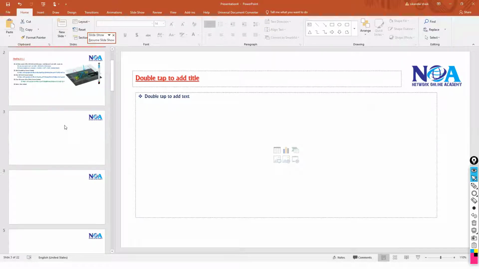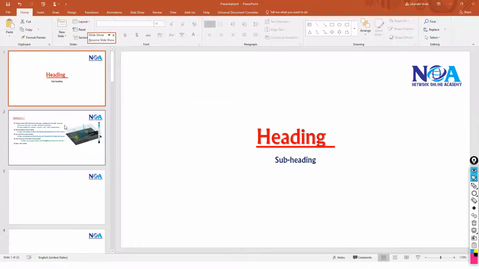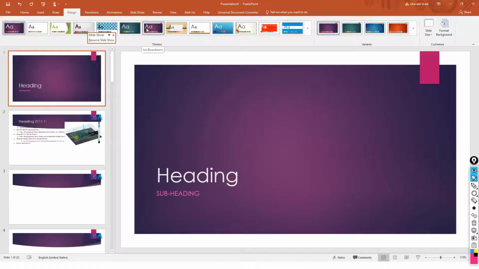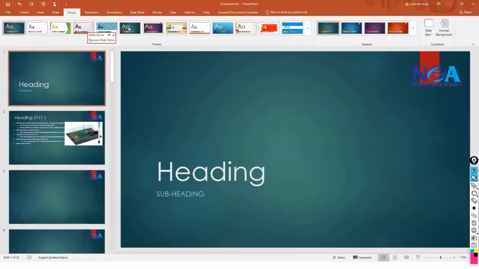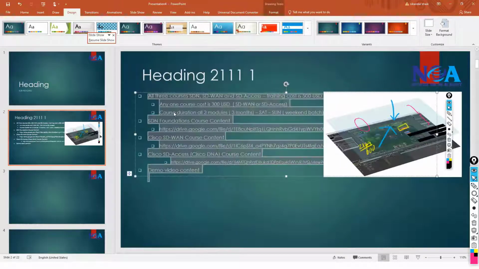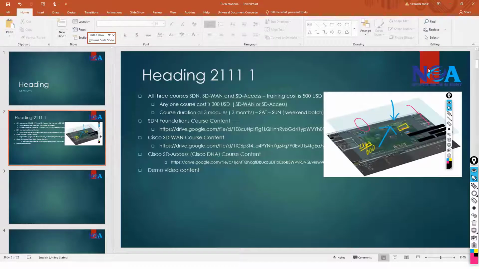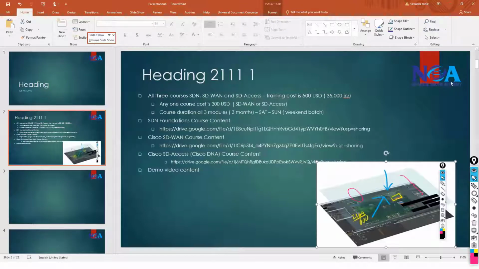So the first thing you have to do is decide your background style, or you can design a template. You can still use design templates from here. But again, when you use design templates, it will automatically overwrite your settings and everything comes as per the design, which may not suit your other things. Maybe images don't fit properly in these backgrounds. Even the logo doesn't fit properly.